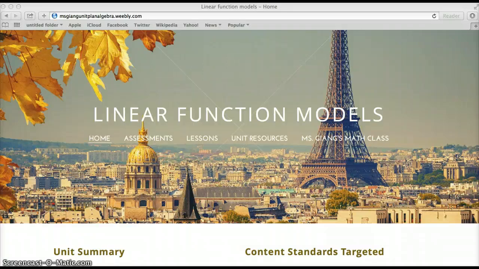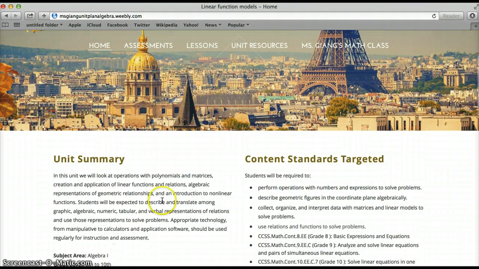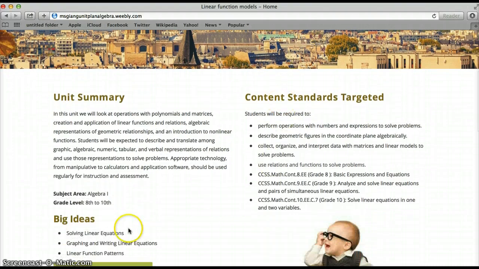I'm doing my digital unit plan. This is about linear function model, and here's my home page. My home page contains the unit summary right here, and the content standard target, subject area Algebra 1, grade level from 8th